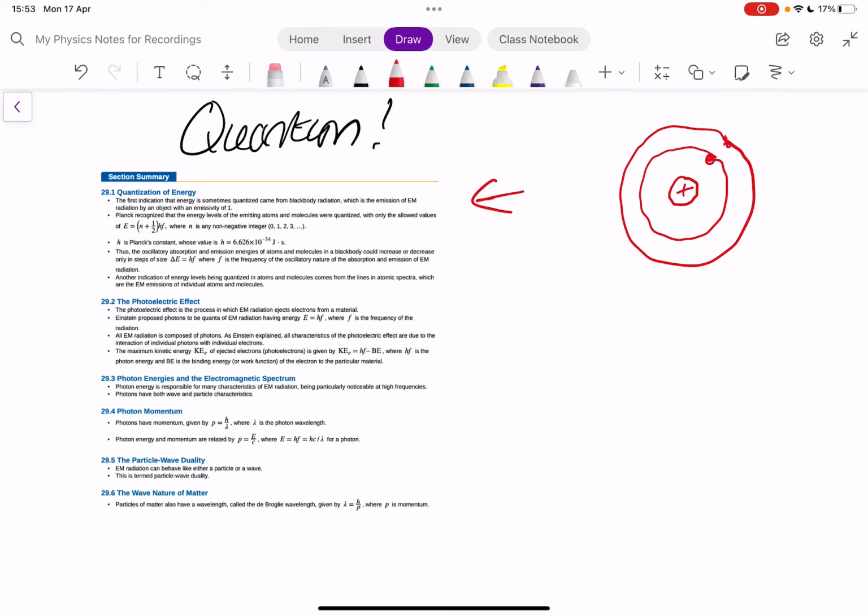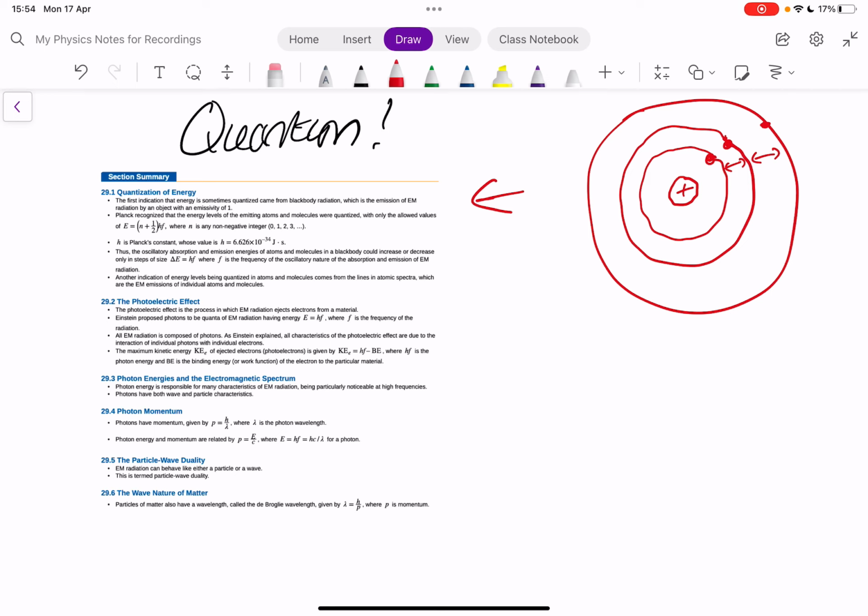But the electrons are confined, and they can't actually have any position. They can't have any kinetic energy, they can't have any potential energy. They are confined to these energy levels. And all they can really do is occupy one or the other, or they can move between them. And that's where a lot of quantum physics, so certainly atomic quantum physics, comes from: the knowledge of these energy levels and the movements between them. So there's a whole load of physics that you can go into that goes beyond that. But all this first section does is introduce the idea of quantization of energy more broadly.